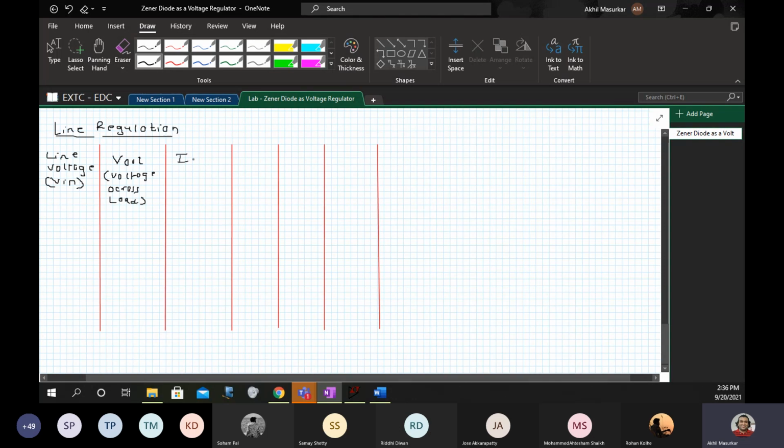Then we will check ID1. Then we will have plot IR1, IZ1.